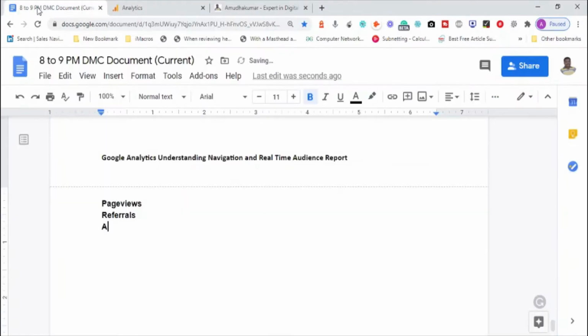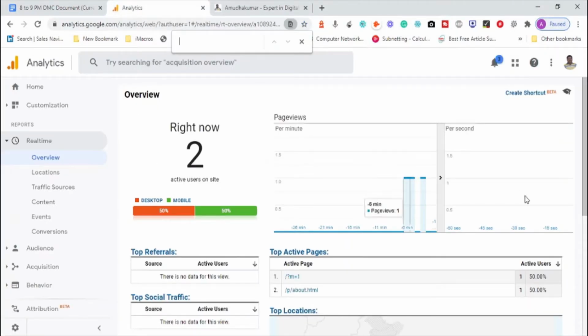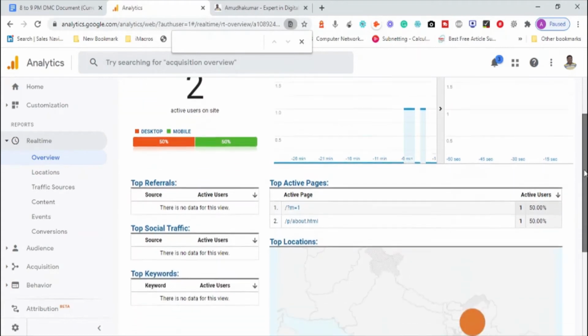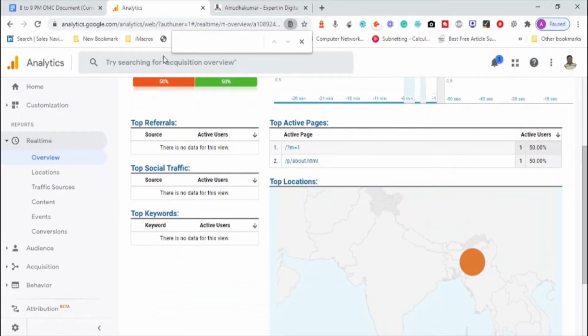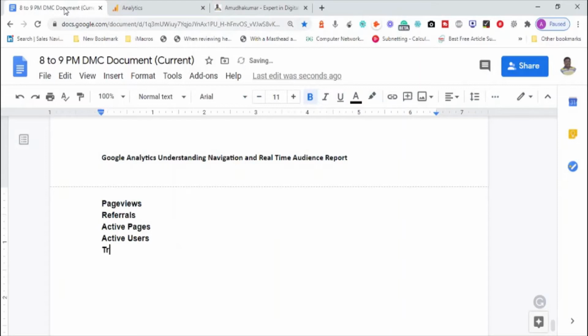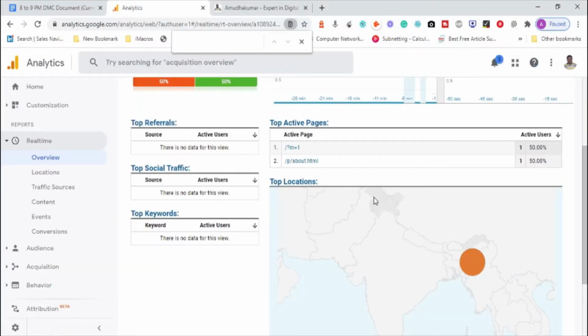Active pages, active users, social traffic, locations, keywords. So page views, referrals, active pages, active users, traffic, locations, and keywords. These are the metrics that are available inside.